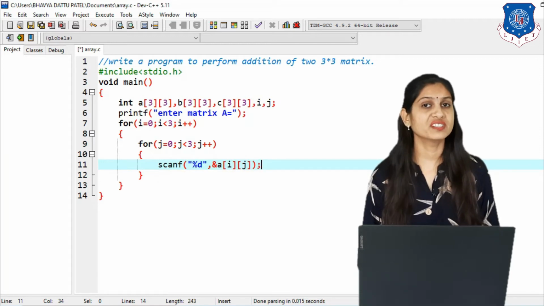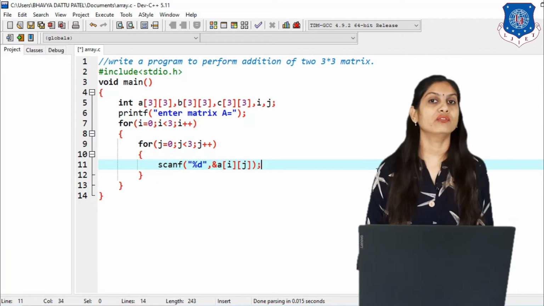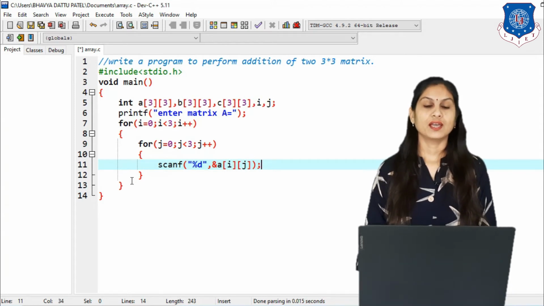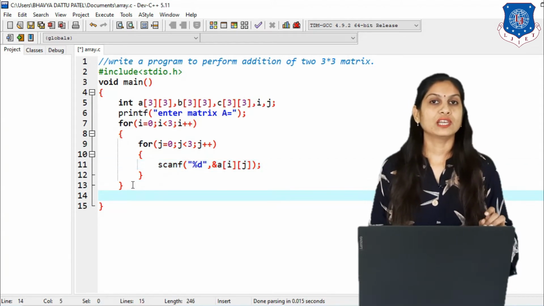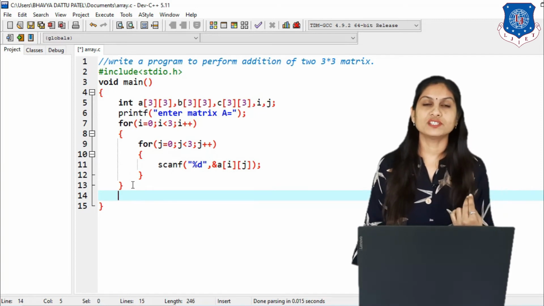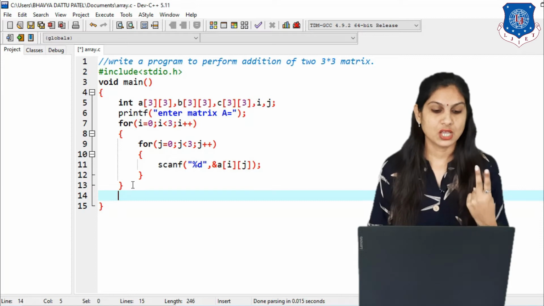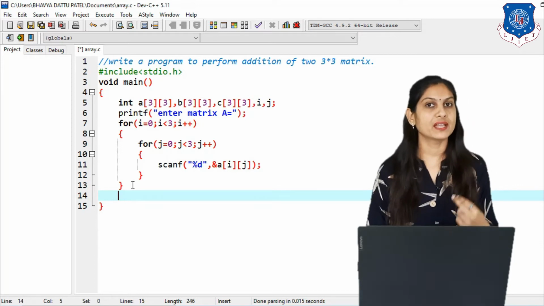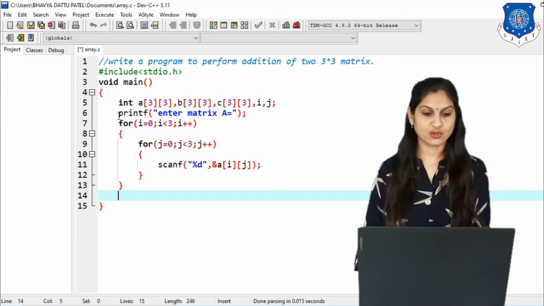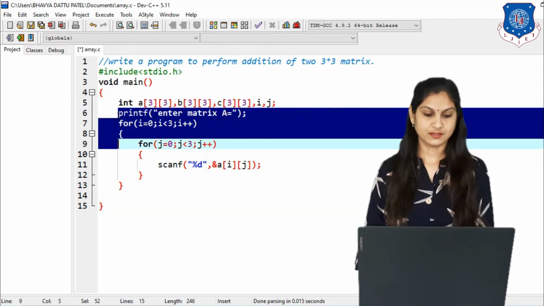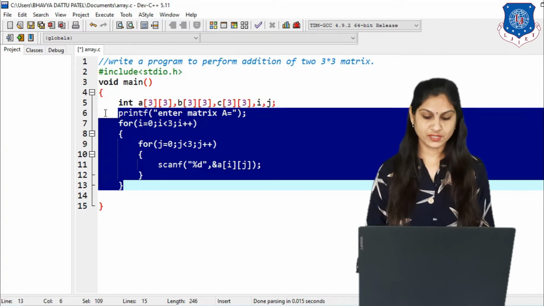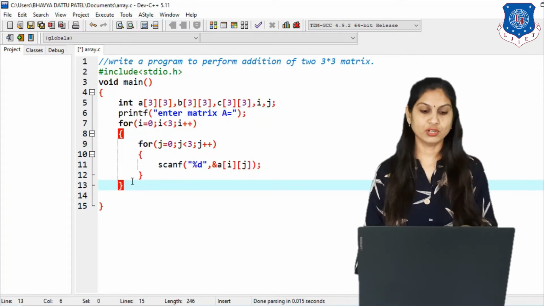So this is about the declaration and initialization of matrix. Now we have to think about our logic, and this is what only one matrix we read from the user. Now our logic is for 2 matrices. So the same for loop we have to copy and paste, and for that, from the printf we have to select all the things and press Ctrl C for copy, then after enter and Ctrl V.